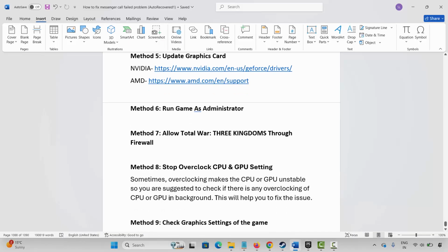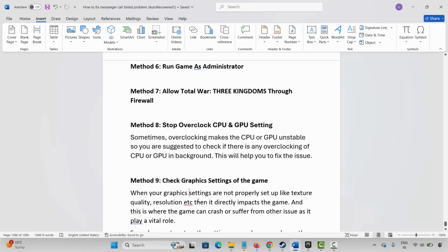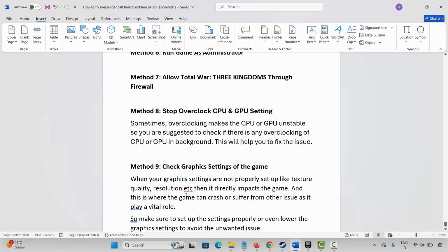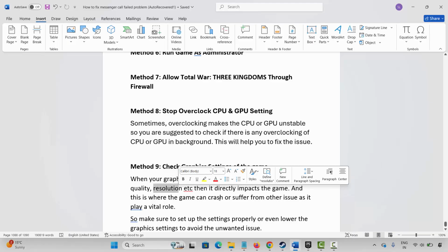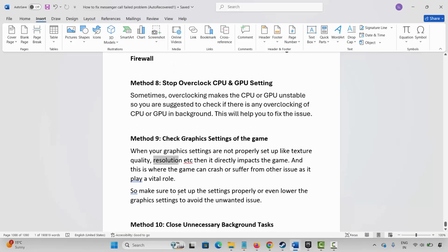This will help you to fix the issue. Next is to check graphic settings of the game. So if you are able to launch the game and still the game is crashing, then you are suggested to check the graphic settings, because most of the time graphic settings are not properly set up, like texture quality, resolution, and that directly impacts the game. So you are suggested to set up the settings properly or even lower the graphic settings to avoid the unwanted